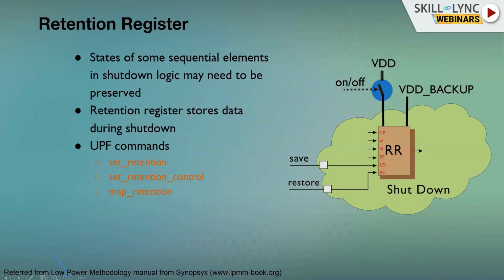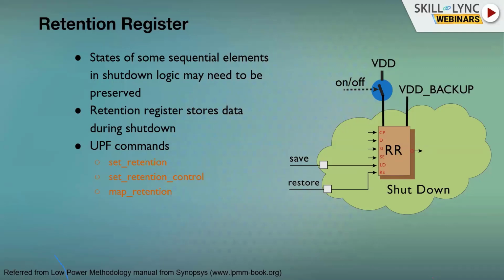Then let us understand retention registers. These are key things, because retention removes the latency. It helps, for example, with a laptop: whenever you turn it on, you want to restart from whatever you saved. You don't want to delete the data, right? To achieve that, the key element in design is retention registers.